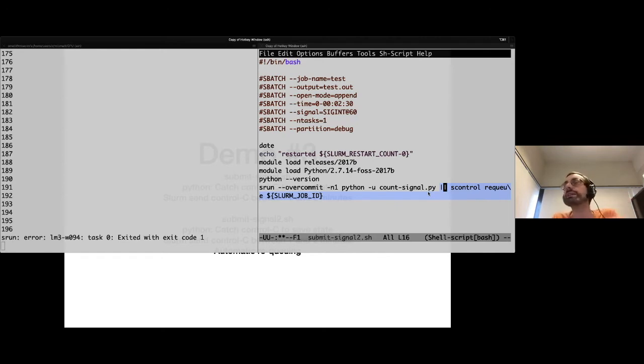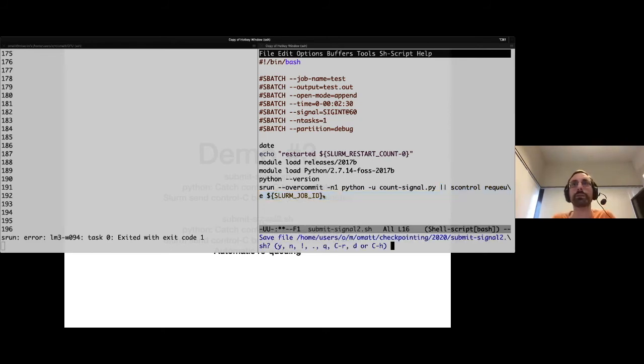Here I'm ensuring that if my code was interrupted, it would receive the signal 1. And that's, of course, pretty important in this case, because I can then use this OR command, in some sense, to be able to say, execute this command if my previous job was not running correctly. And that allows you to have resubmissions completely automatically. So let's do that.